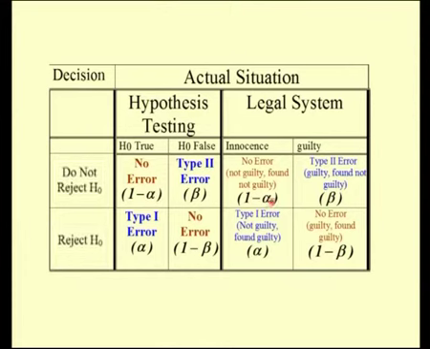So, I am going to attach the probability also along with this alpha and beta. If you see here, no error is there, that means 1 minus alpha means you have not made any error, whereas in the second one you are making some error. Similarly, in rejecting H0 when it is true also you are making some error, and this is no error. So, 1 minus alpha and 1 minus beta are with no error, that is you have taken a correct decision